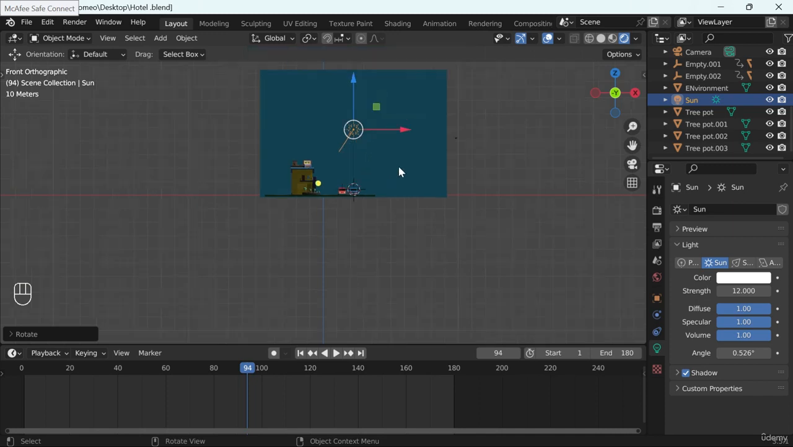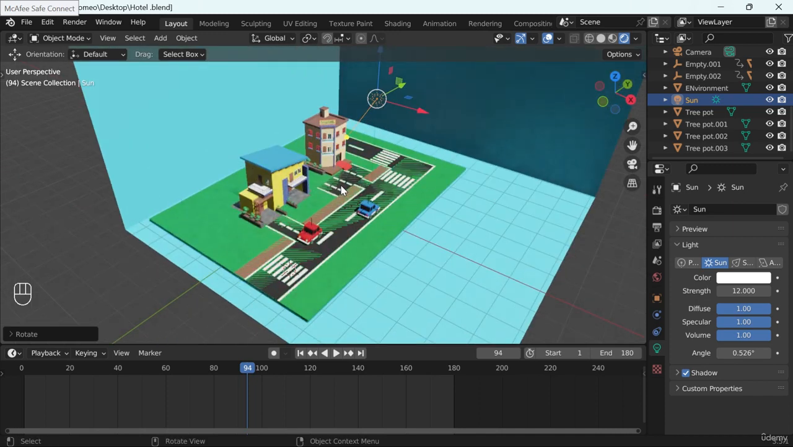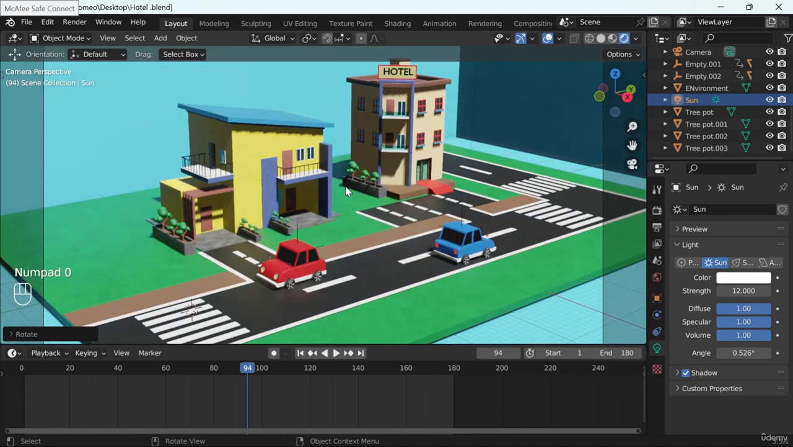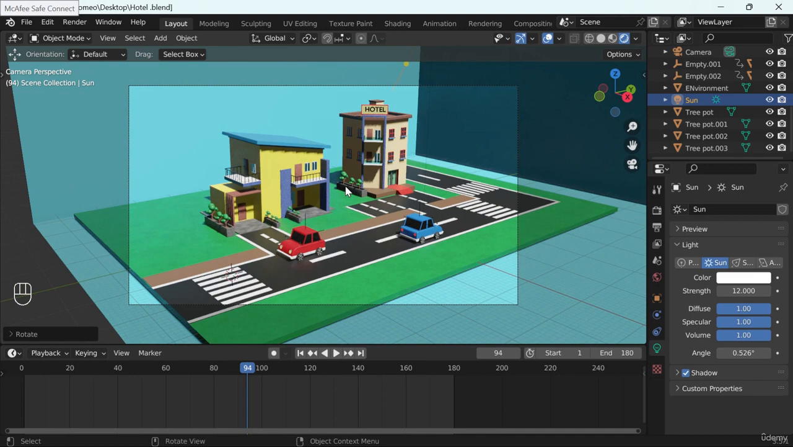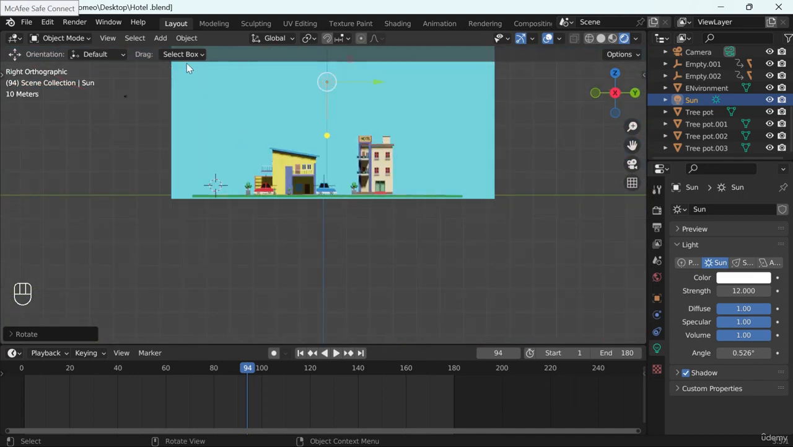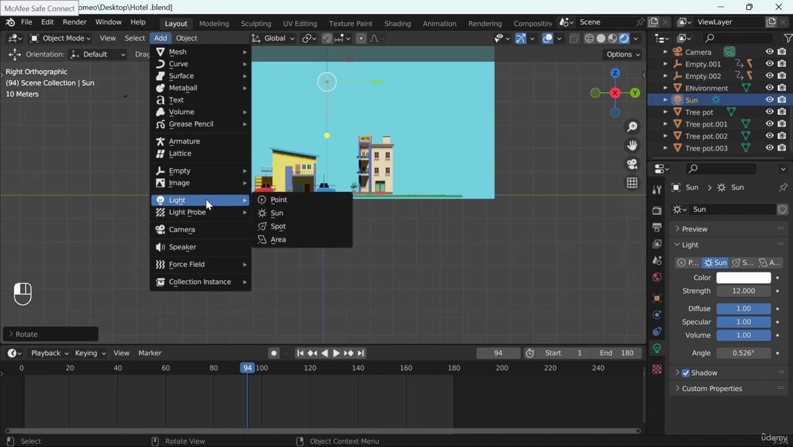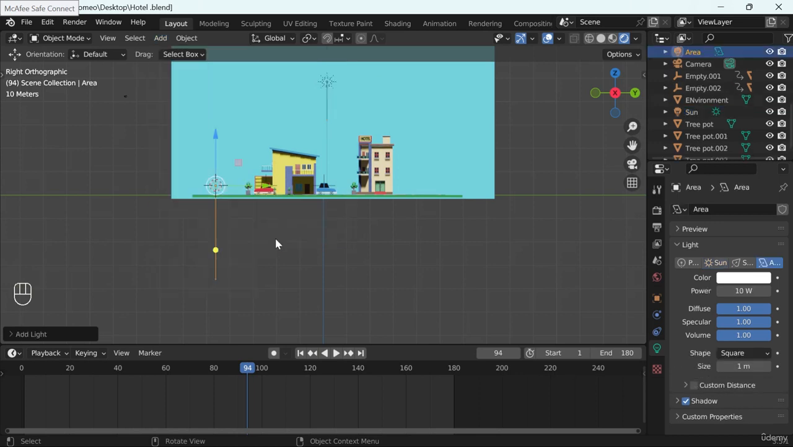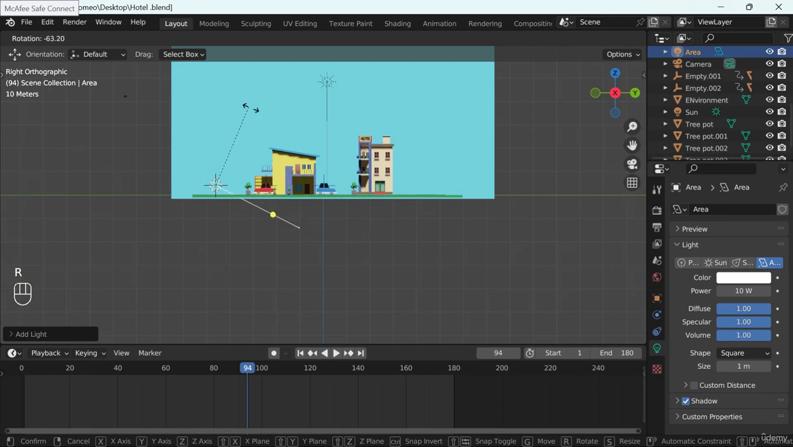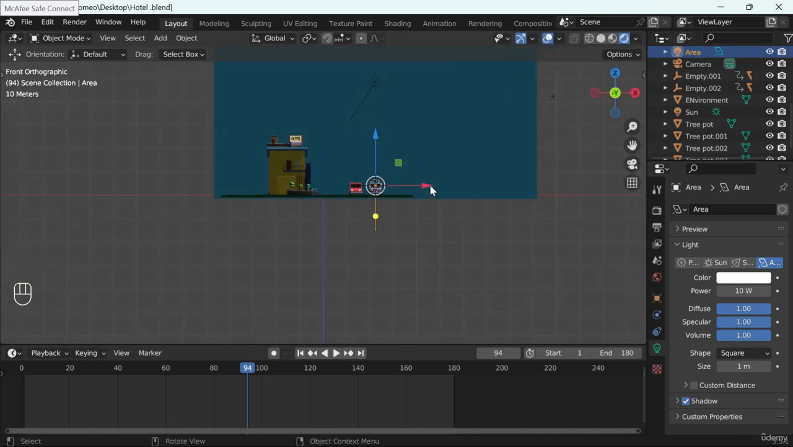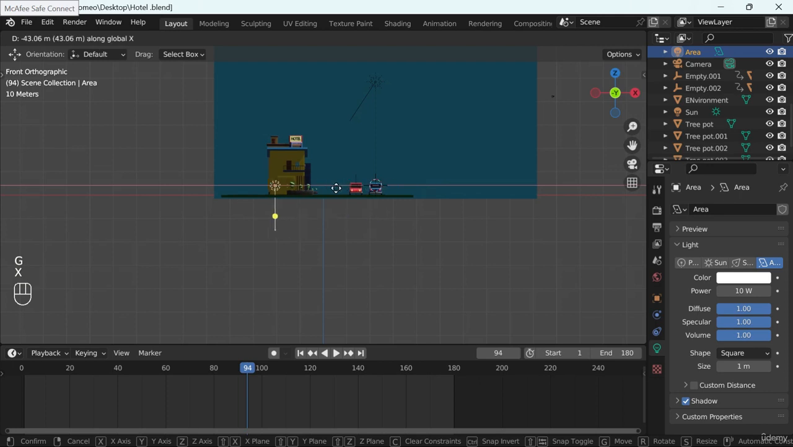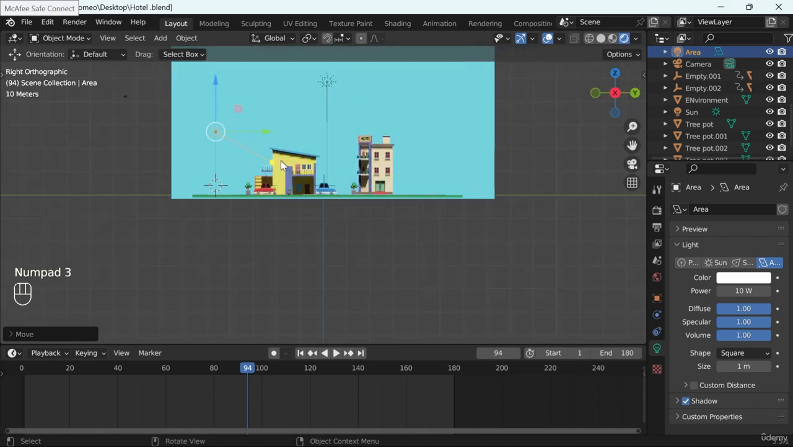Okay, then what else do we have to do? Let's see. Okay, we need to bring area light. So let's see where it is and rotate. Okay, put it on x-axis, pull it up a little bit until here. So let's increase the power. So we would say 1800,